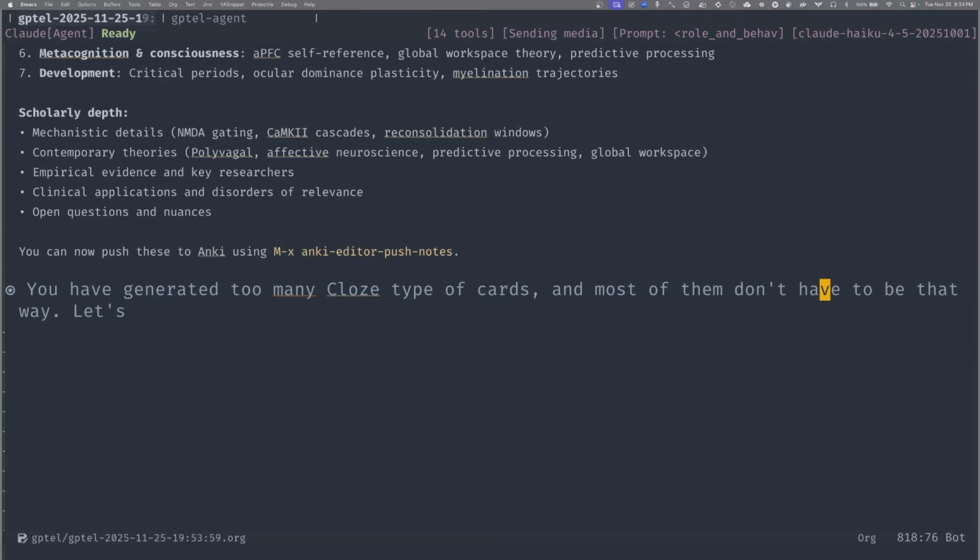I don't know. No, most of them don't have to be cloze. I would say the criterion is if a cloze can be filled in more than one way while being valid. So unless it's a very specific known term.